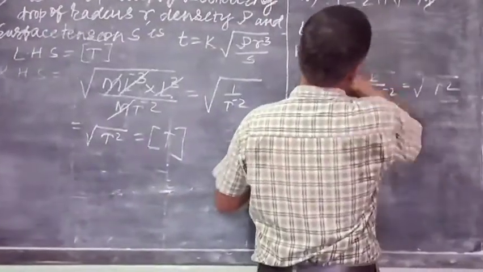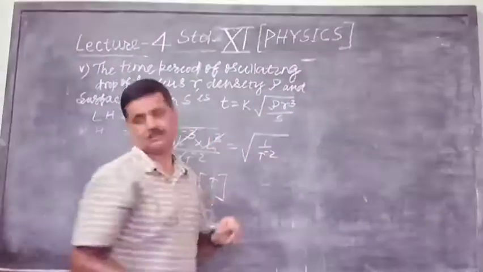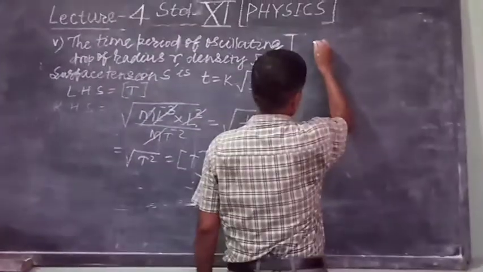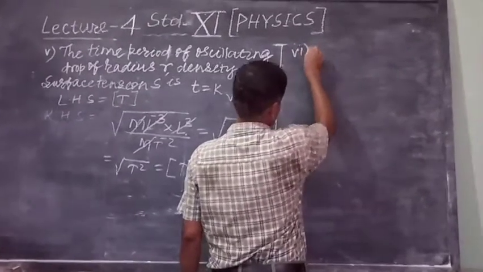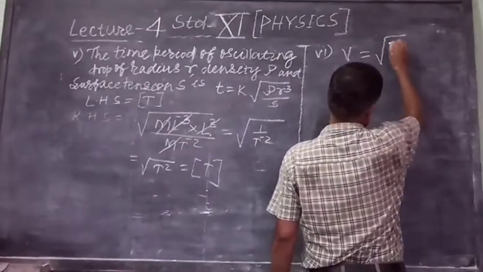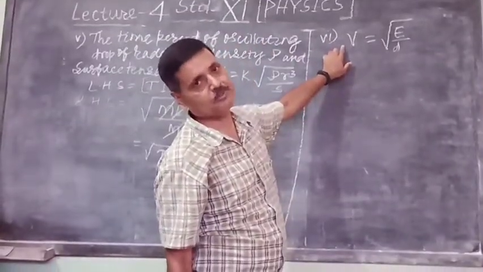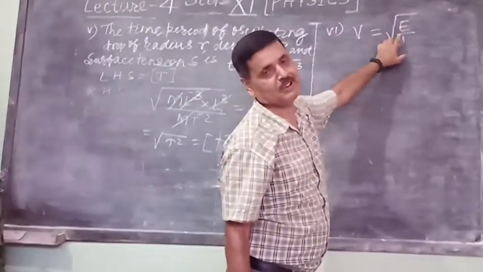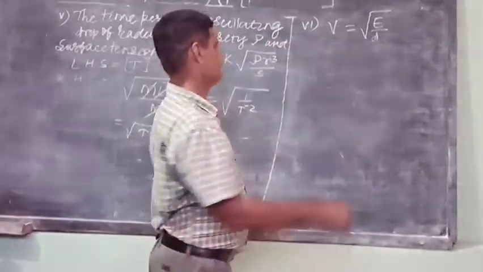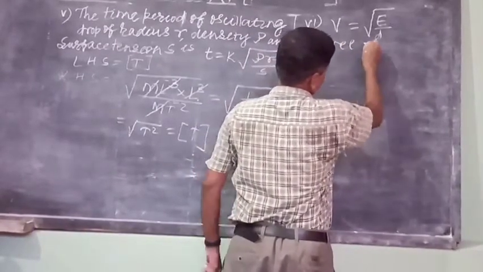Sixth example. You will study this in the topic of sound, the velocity of sound, number 6, and it will be the last example of this. v = √(E/d). v means the velocity of sound, and E is a constant we have used in elasticity, and this d represents the density of the medium. So v is your velocity of sound,